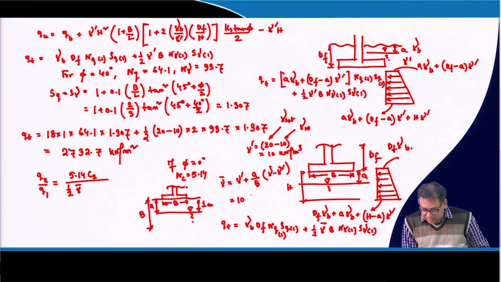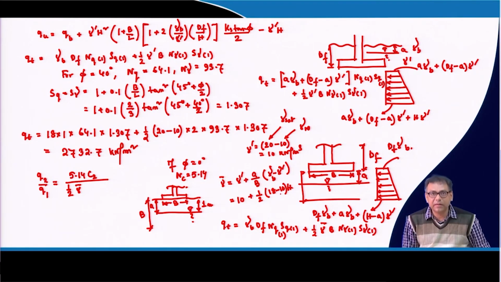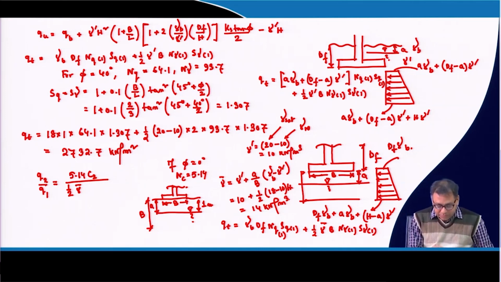Okay. So, this is 10 plus A is 1, B is 2, gamma bulk is 18, then gamma dash is 10. Okay. So, this value is coming out to be 14 kilonewton per meter cube for this particular case. Okay. So, that means I am writing here, this is why I am taking gamma bar, because the water table is below the base of the foundation at a distance of 1 meter from the base. Okay. So, gamma bar, and then this will be